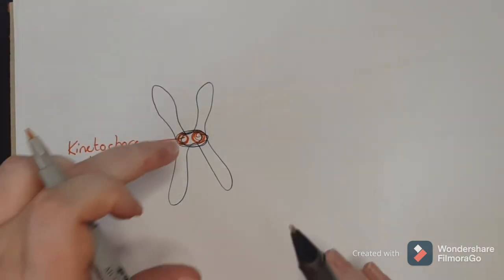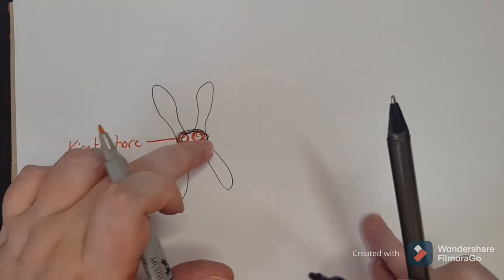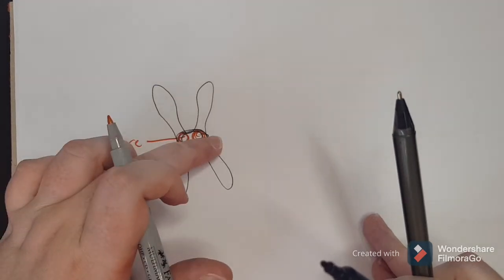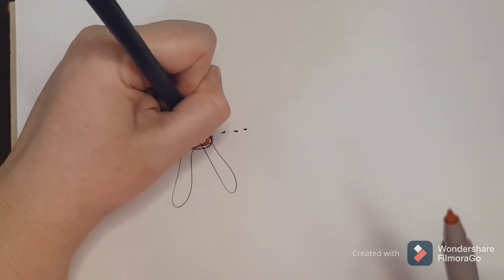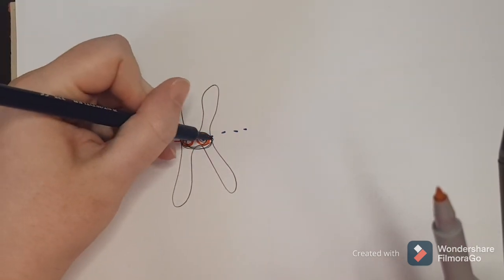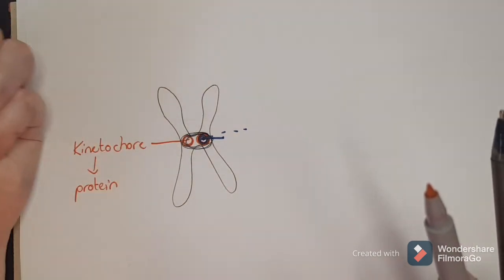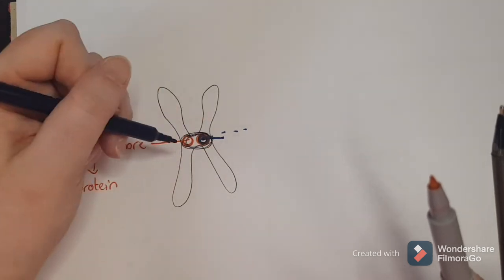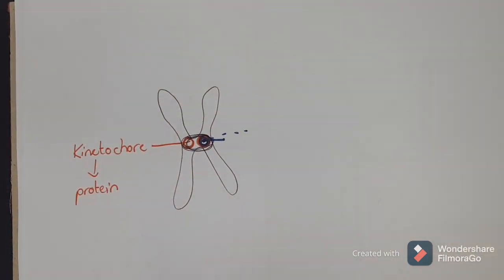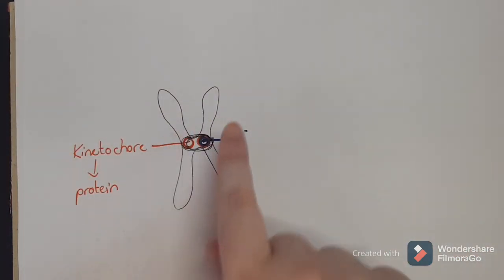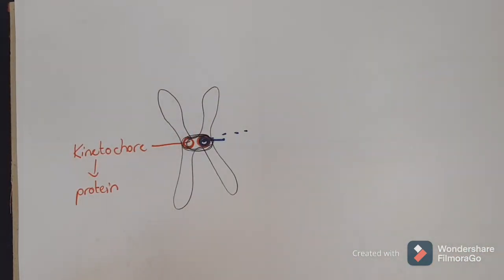So a kinetochore is a protein that binds to the DNA on each side, and it allows the spindle fiber to actually attach to it so that it goes through. So when it pulls, it's getting pulled by this protein over there that's moving away to opposite sides. So that's how it makes it easier to pull the whole thing apart, because we have those little proteins called kinetochores. Okay,